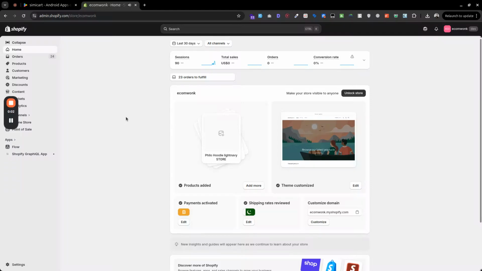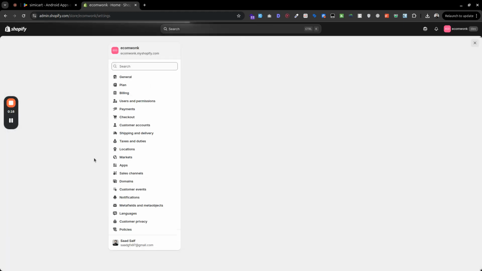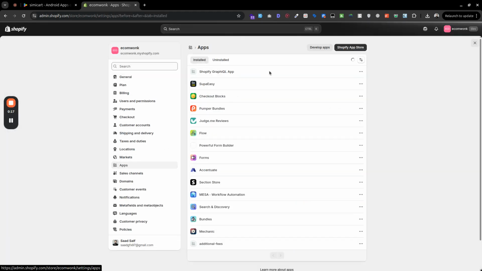Hey guys, in this video I will share the step-by-step guide on how you can create an Android and iOS app for your Shopify store. So let's go to the App Store by just clicking the settings, and in the apps you can press this button to go to the Shopify App Store,